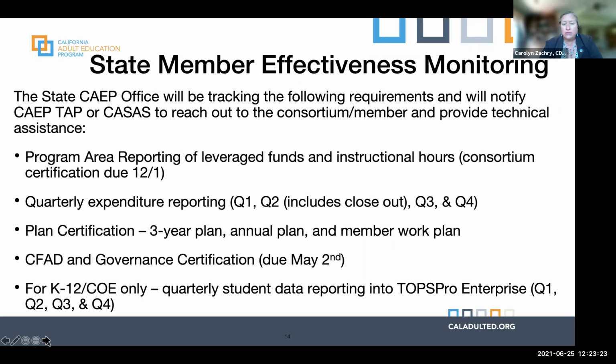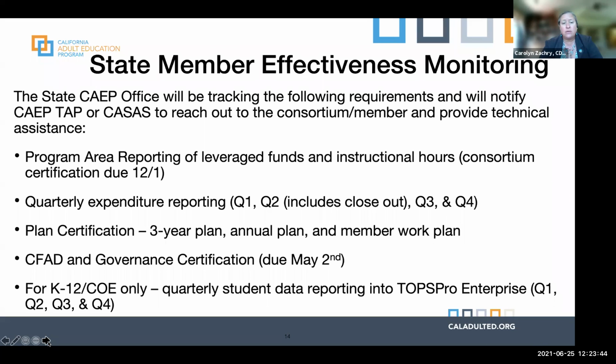Are you doing your plan certification, your 3-year plan, your annual plan, your member work plan? Are you ensuring that your CFAD and governance items are certified and in NOVA by May 2nd? And then only for the K-12 COEs, are you providing your quarterly data into TOPS Pro?